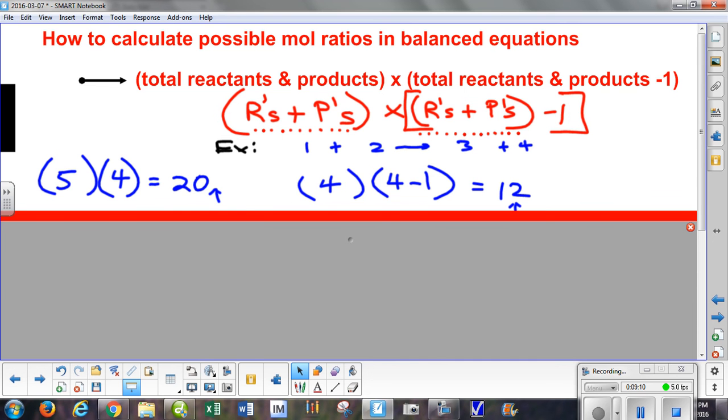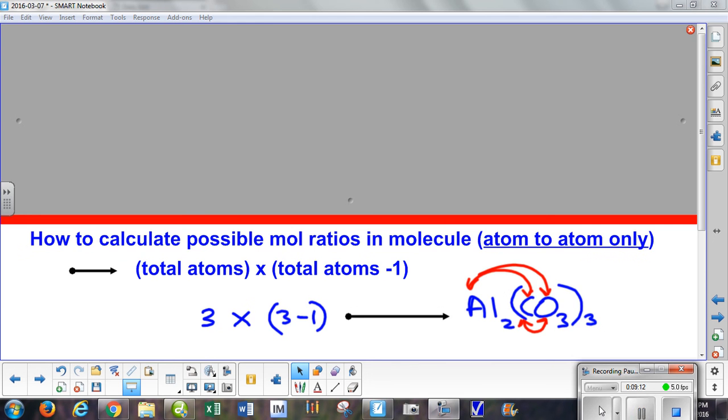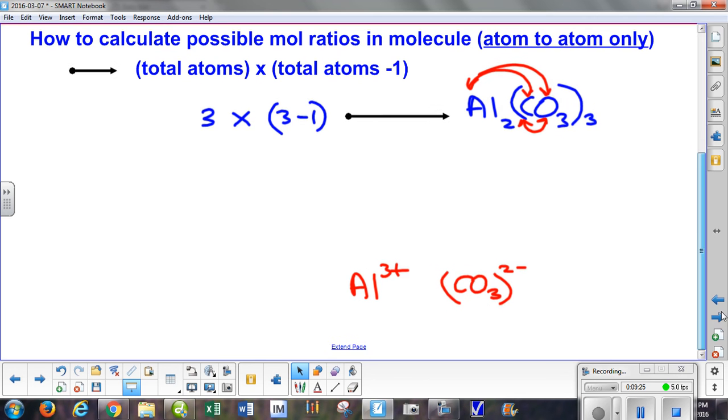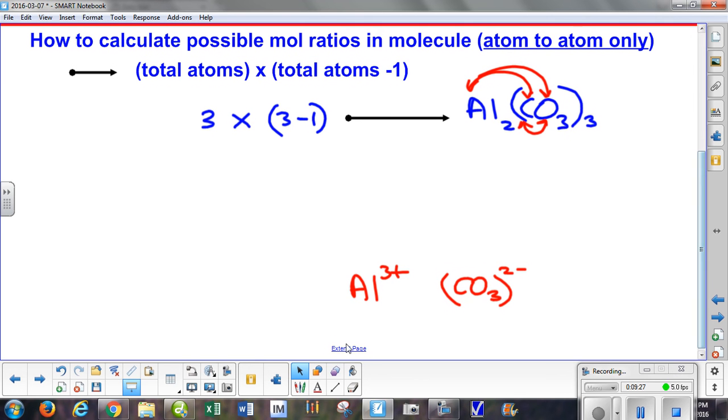Okay, now let's focus on the last thing. And that is, how do we figure the mole ratios that are possible within a molecule? And you can see I used aluminum carbonate here. And aluminum carbonate, if we look at the ions that make it up, it's going to be aluminum and carbonate. So because of the charges of those two, atom and